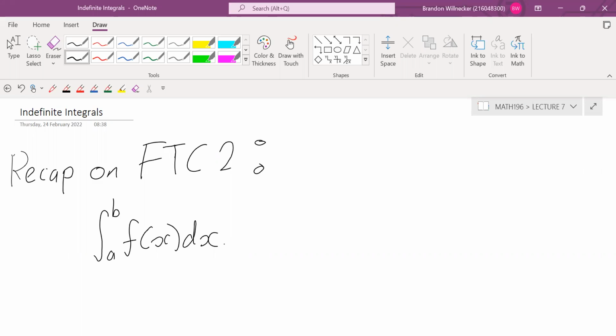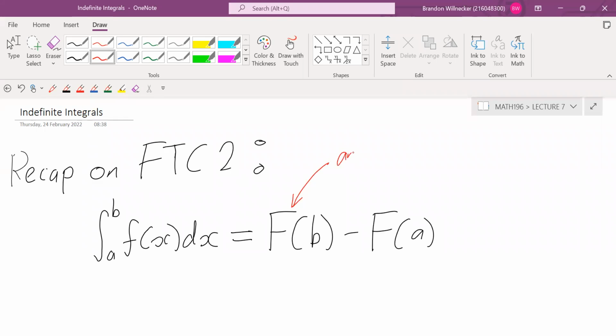However, with FTC part 2, we saw that this is a lot easier to calculate these things with, because all we do is we find any antiderivative, capital F, we evaluate it at b and subtract the same antiderivative evaluated at a. And we could use this to calculate definite integrals. So let's just make a little note that this capital F here is any antiderivative